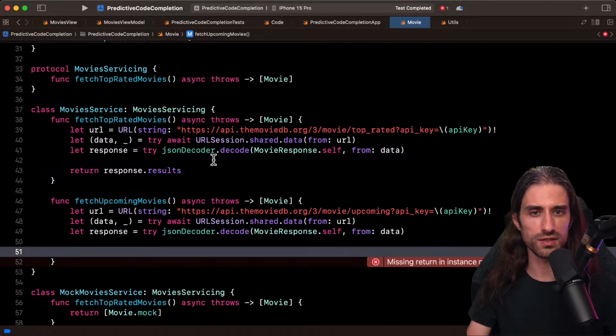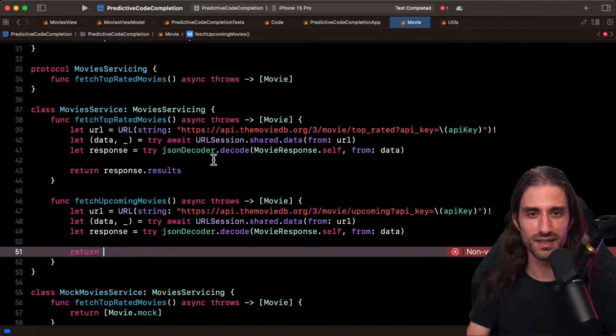So that's good to know, because if you need to implement 3 functions that look the same, maybe for the first one it will struggle, but for the next 2 it will be able to help you. Of course, it's not an excuse to duplicate code 3 times. The things for which copy and paste was a bad practice are still a bad practice when you have predictive code completion. It's not suggesting the return, which seems to be the easiest part, arguably. So it's funny to see how sometimes it struggles on things that do seem easier.